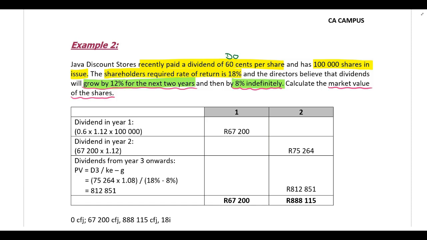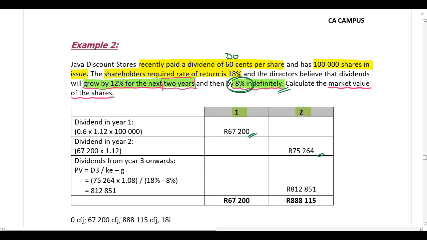And instead, we are going to have to look at these 2 years separately. So if you look at the calculation below, we look at these 2 years separately. Then after that, we do a perpetuity calculation when we have 8% growth indefinitely, because then we can use Gordon's dividend growth model. So what we do is we just calculate what the dividend will be in year 1 and